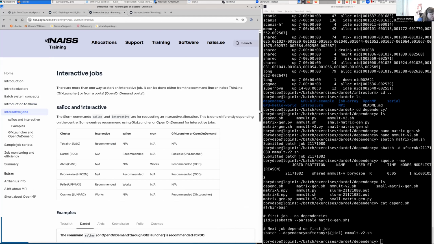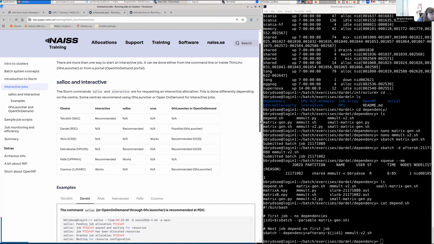Interactive jobs, which is quite common. You can either do them from the command line with some of these here, or you can do it inside ThinLink with the GFX launcher, or from the portal, for instance, the Open On Demand portal. SLOC and interactive are used on, for instance, Tetralit uses interactive, Dardel uses SLOC, and it can also use GFX